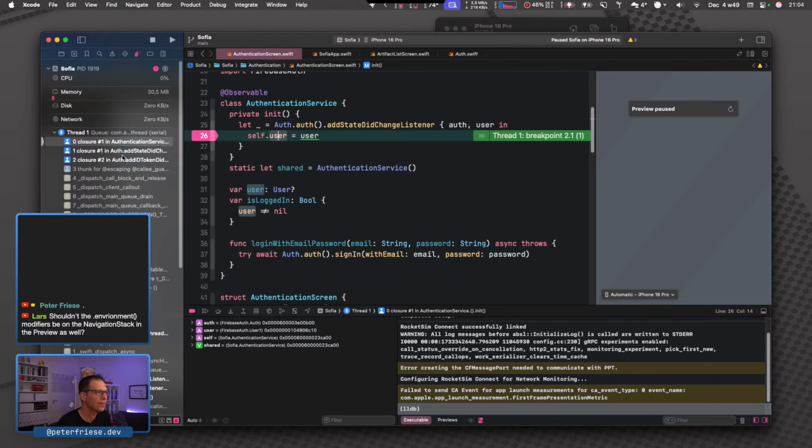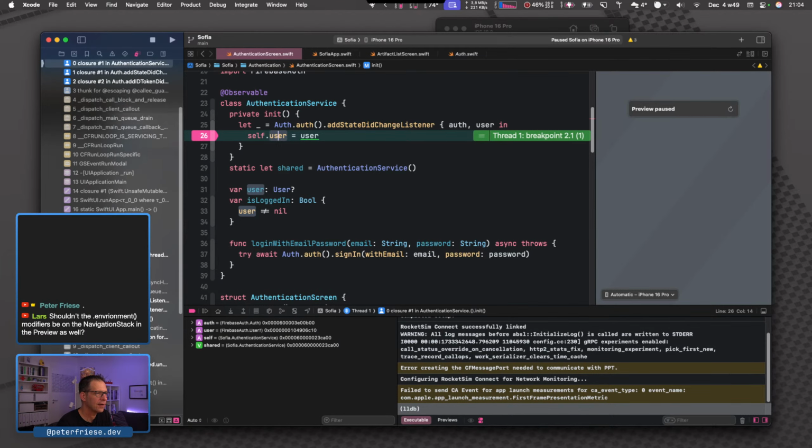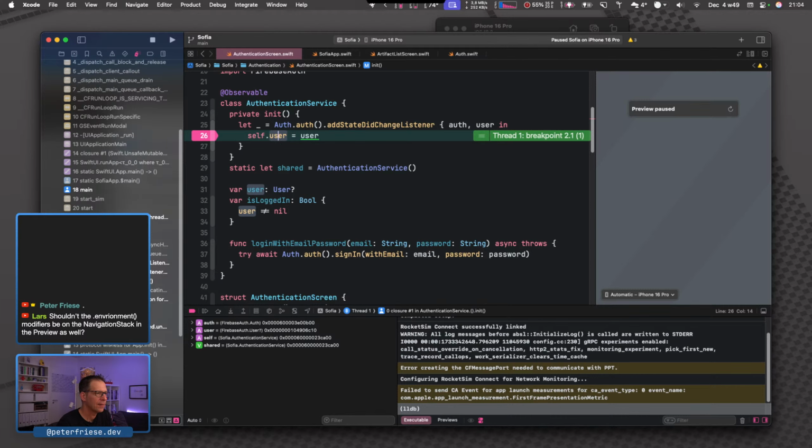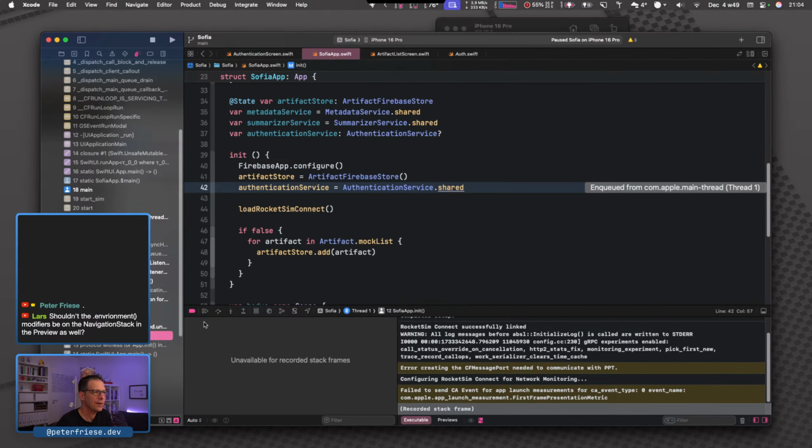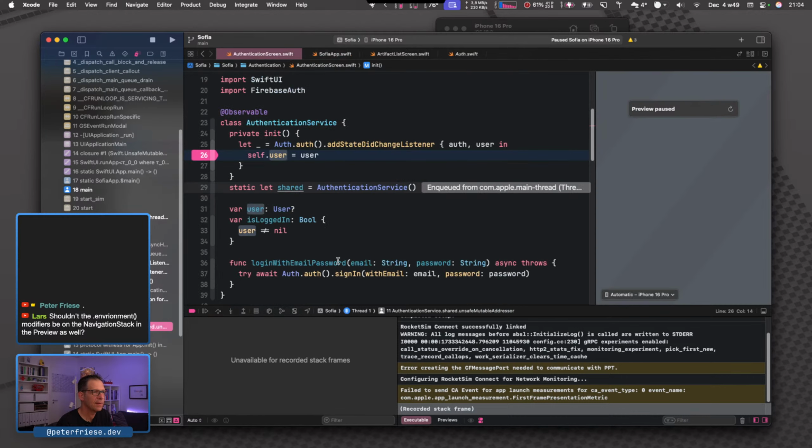So if we go through the entire call stack, you'll see that we're basically starting here, right? So here is where we get our authentication service. We initialize it, and here is our singleton instance.